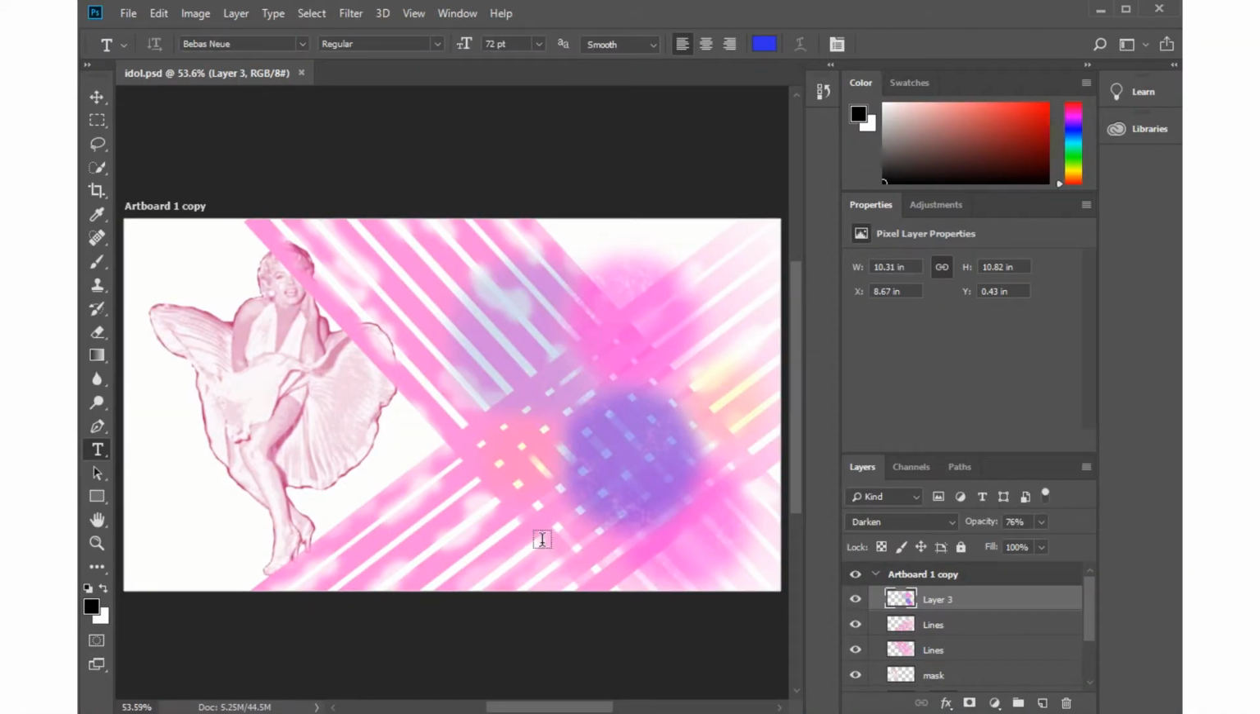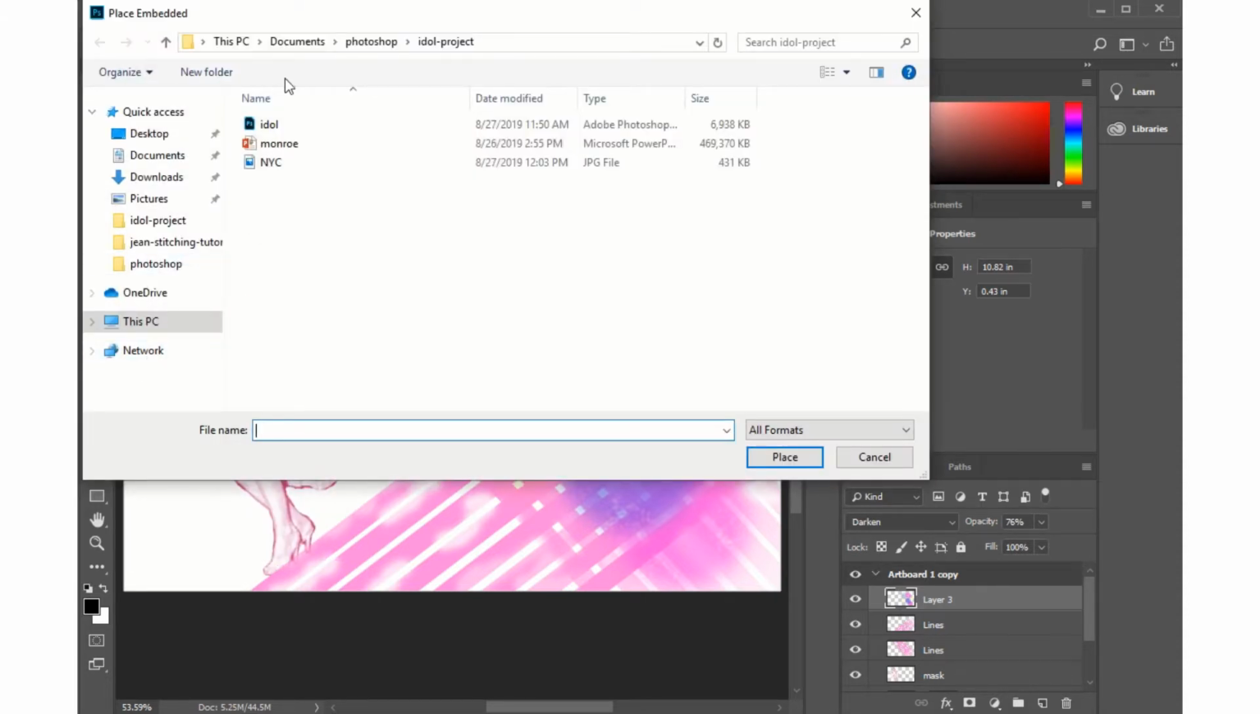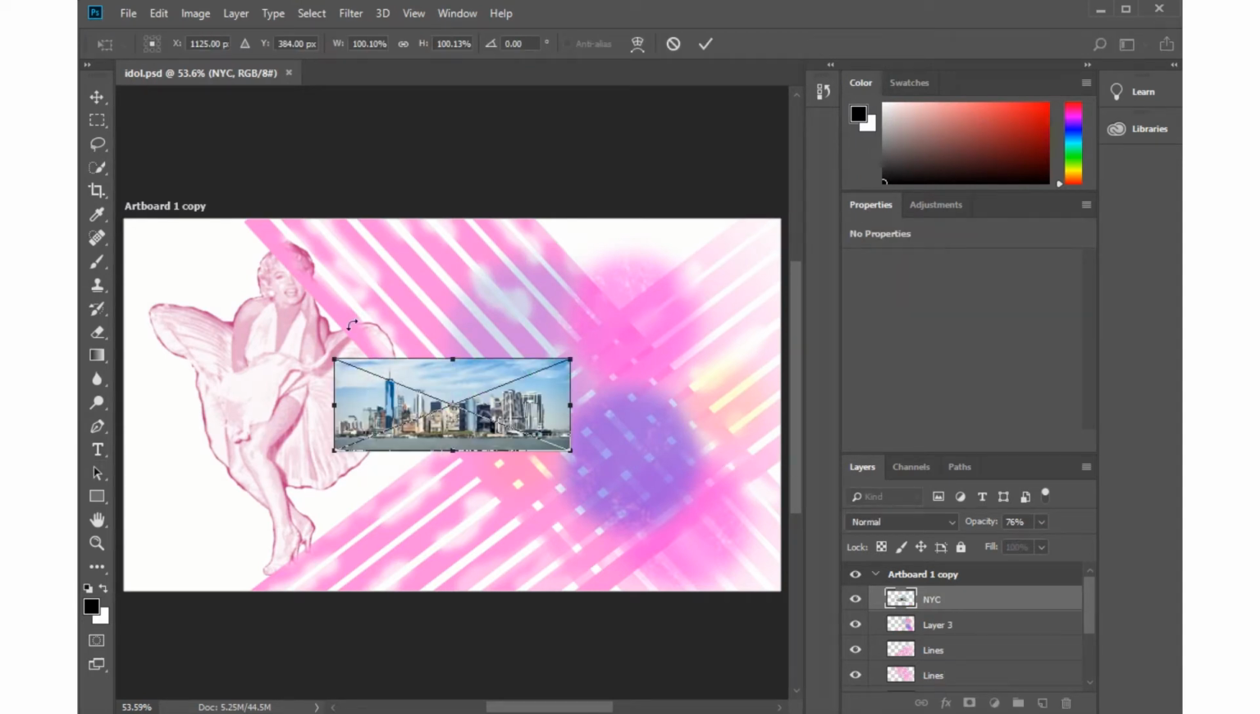I need to place the cityscape that I've downloaded inside my file and resize it and clean it up a bit. I'll select File, Place Embedded, navigate to my project folder. There's my file, NYC. Click it and select Place. Now it's going to place this file inside my